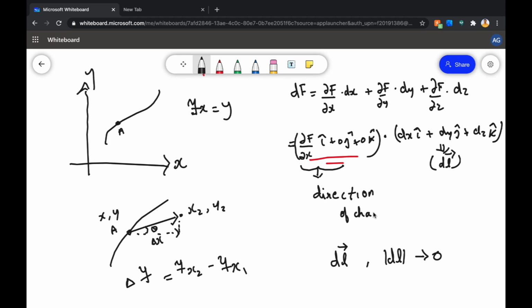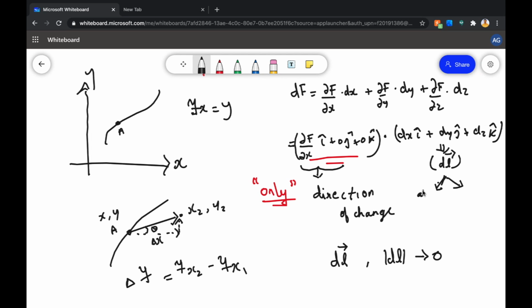Now I would like you to listen very carefully from now on. This is not just a direction of change. This is the only direction of change. I'm emphasizing the word only, because no matter how you move in y, how you move in z, you will get a change in the function only if you move along this direction. So let's say you moved along this direction and you got a change. What you did was you moved some amount along this direction and some amount perpendicular to this direction, and in total you moved along this direction. So basically you can break any vector dl into two components.